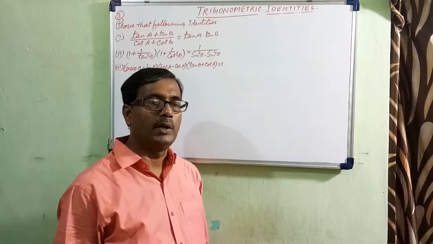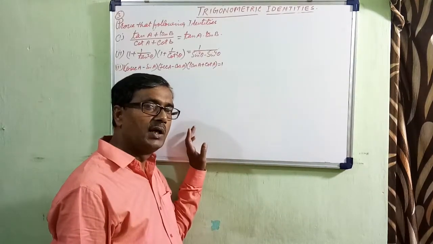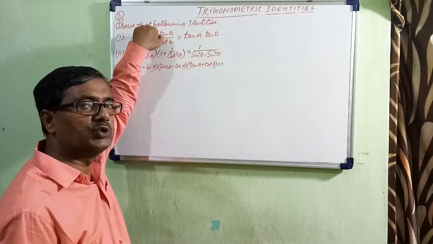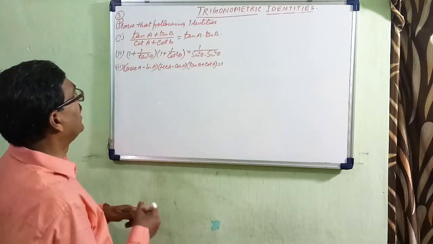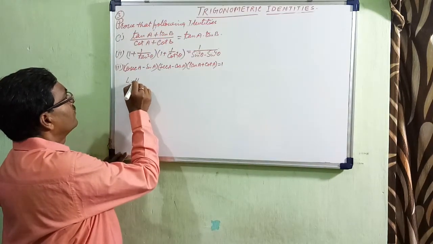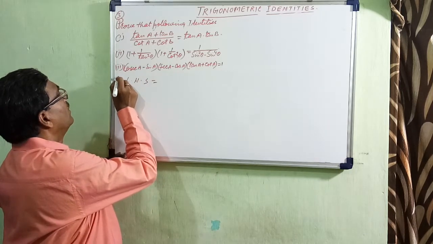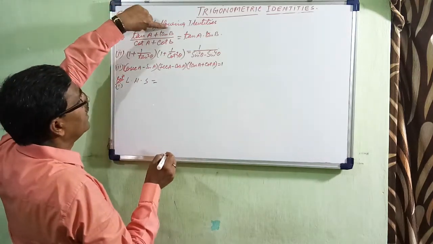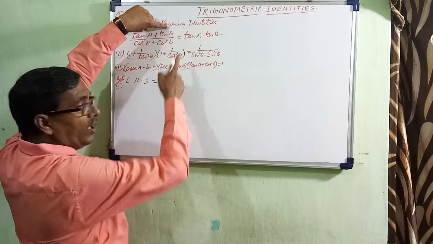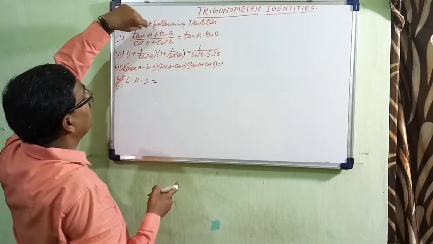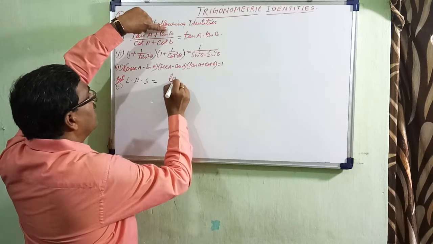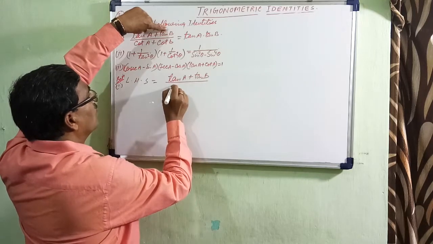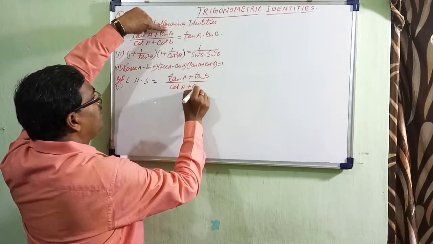This is your RHS. In the second question we had very easy questions. Now in this third number, we have a little difficult one, but everywhere you have to use the identities only. Now how to solve? LHS you take, and convert every term into tan. Why? Because the RHS is tan. So the numerator tan A plus tan B divided by cot A plus cot B.